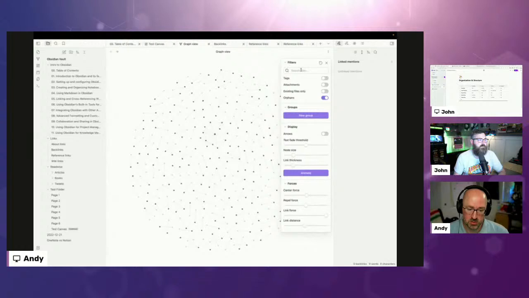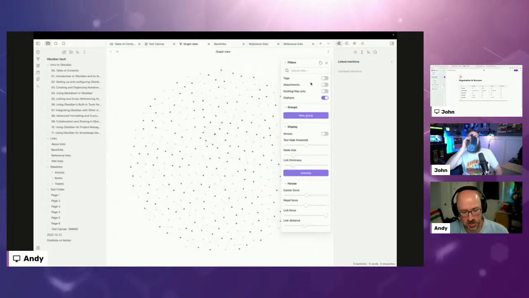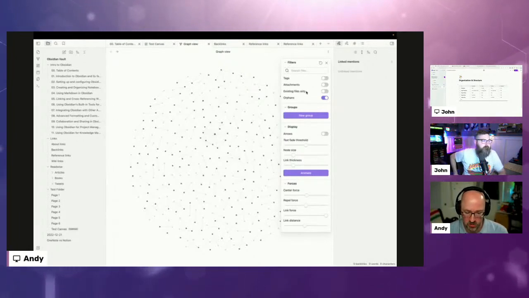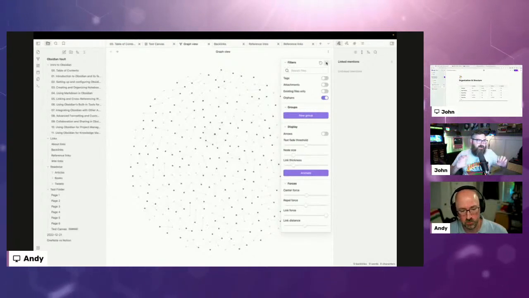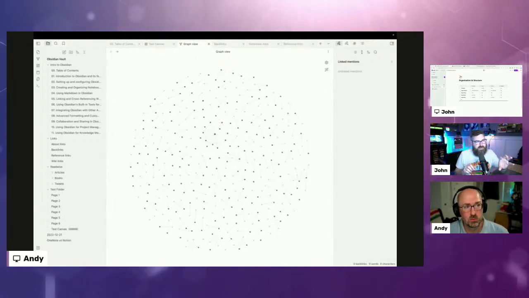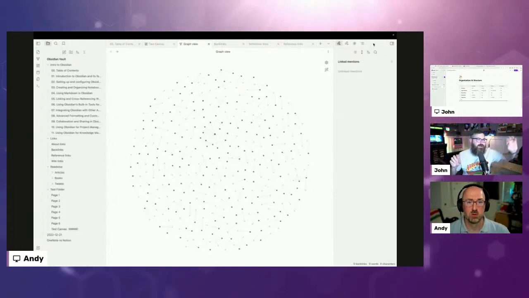So there are filters built into it, and you can filter down based off of certain files, tags, attachments, and existing files. I don't know of anything date related. Yeah, that would be interesting though, to see how your interests have changed, like, oh, you were really on this subject. There was a little bit about AI and there was a lot about metaverse. And then you didn't really do so much, but AI exploded in January. It'd be really interesting to see the trends.